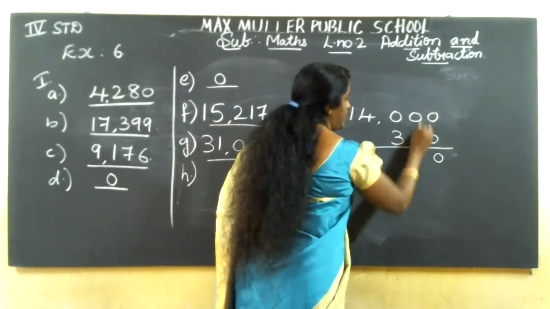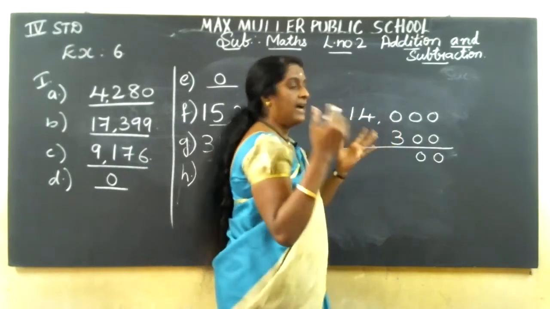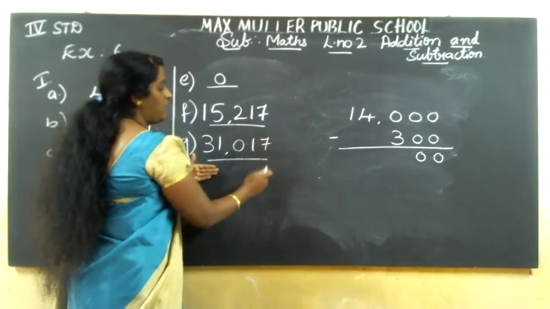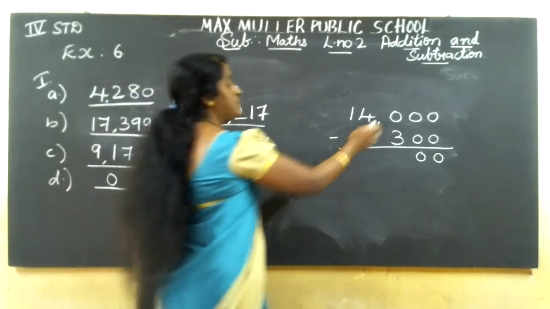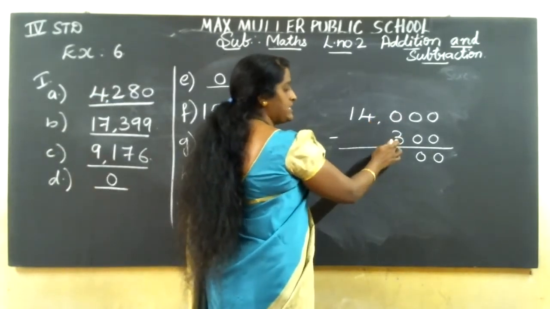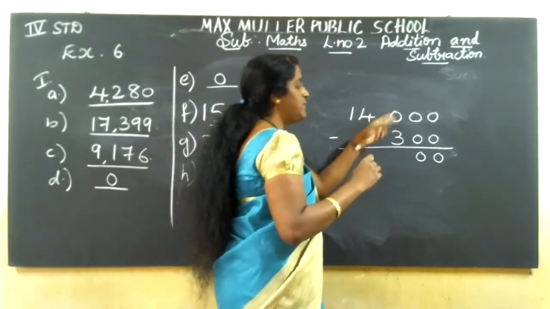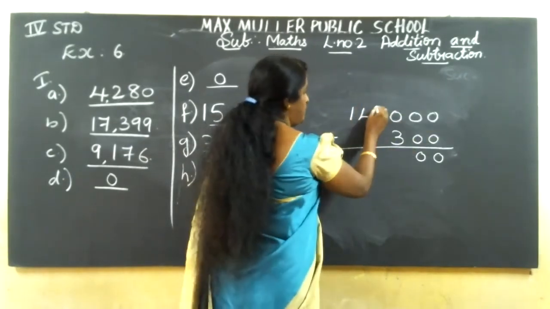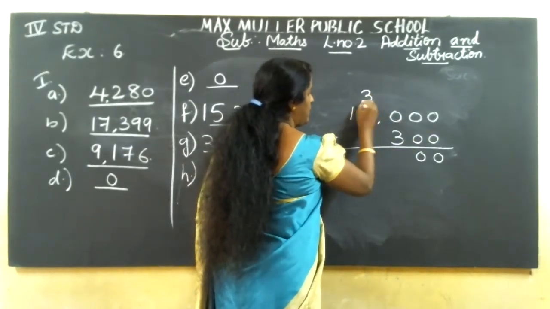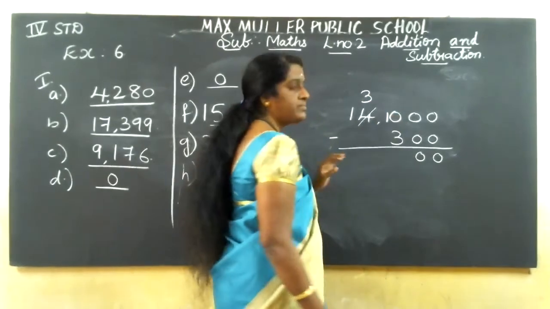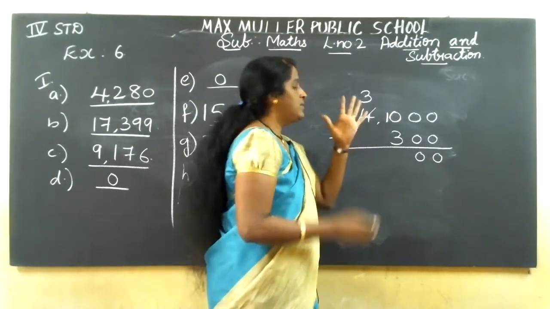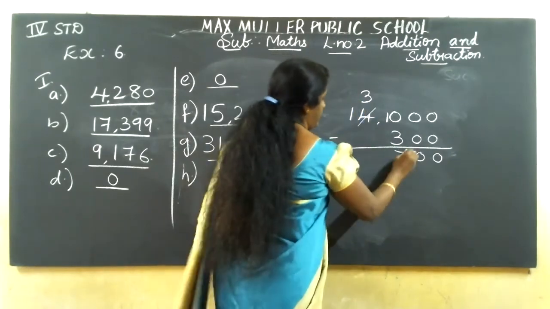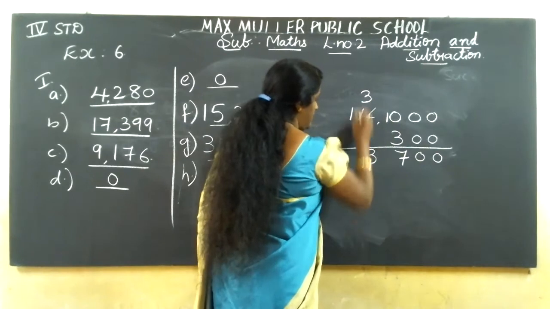Here 0, here 0. Last, all I have written is down, 0 is there below. So we'll copy the same number. Here 0, here 3 is there. So we should write 3 here directly. No, what should we do? We should borrow. If you borrow from 4, it will become 3. Here it will become 10. In 10, cut 3 fingers. Your answer is 7. Here 3, here 1.